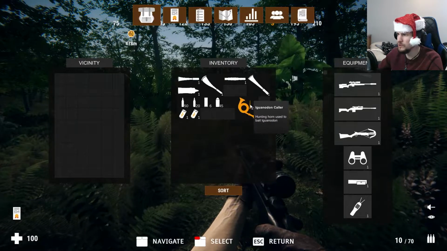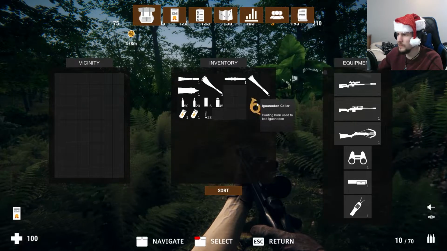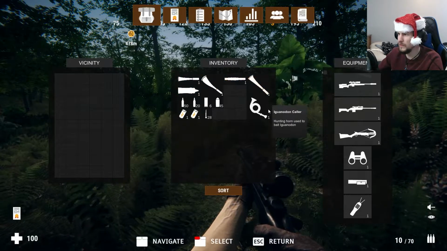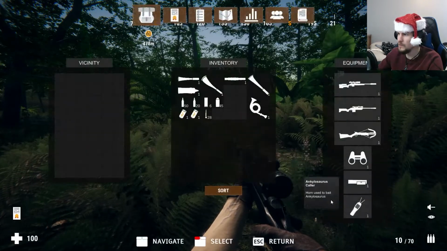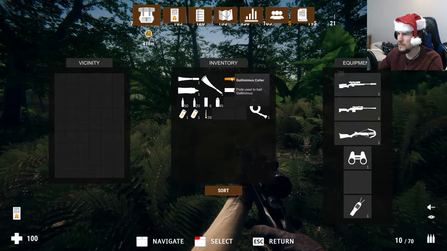Come on, you move over. God, you're kind of finicky, aren't you? There we go. Okay, so 1, 2, 3, 4, 5, 6, 7. We do have all of them. Perfect. And actually, I might even switch out for the Gallimimus call, since I've got...